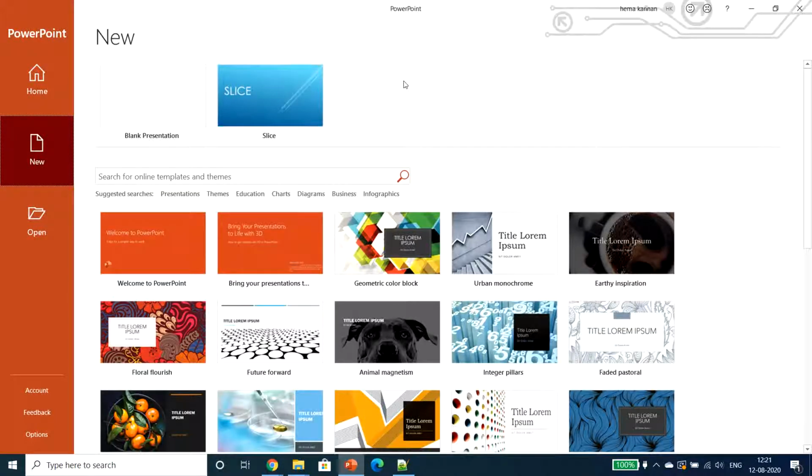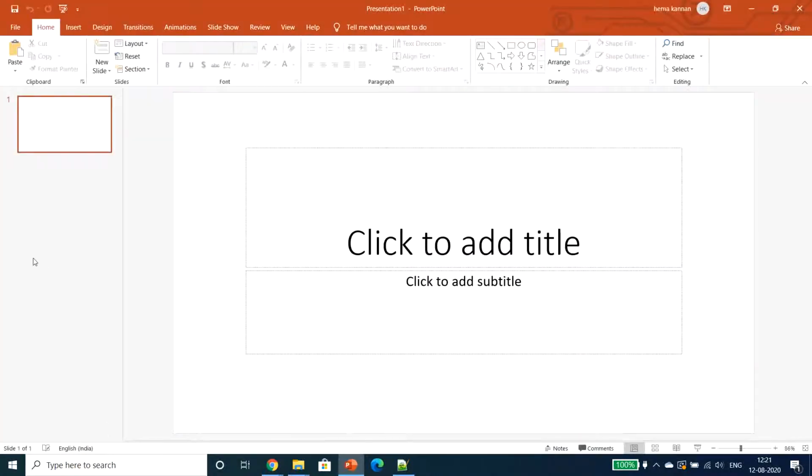But now I am going for a blank presentation. Just double click it. It will open a blank presentation with the name of the PowerPoint as Presentation 1. As you see, the first bar whenever we open a window will be the title bar along with the name of the presentation.